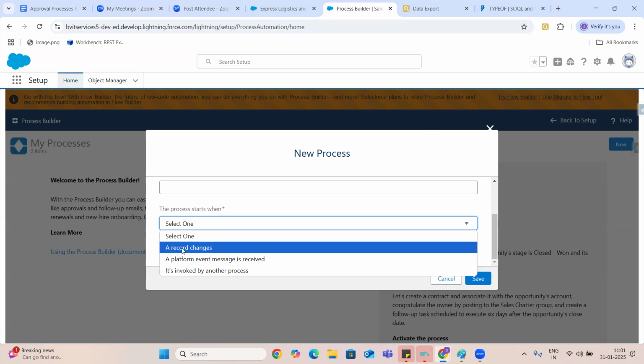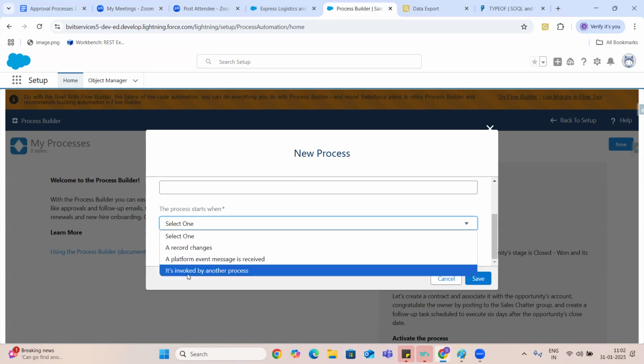If a record changes, that means when a record is created or updated, okay. Or we have the platform events. Platform events are something like that. From the other Salesforce system, we can call these platform events. That is something you can ignore. Then the next thing is it is invoked by another process. You cannot call workflow from another workflow, guys. But whereas you can call one process builder from another process builder. Okay.